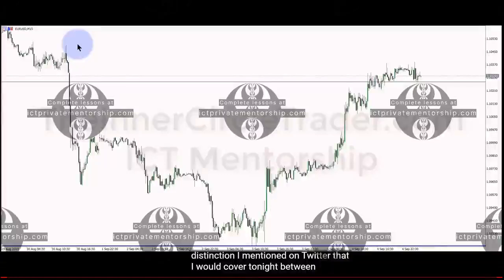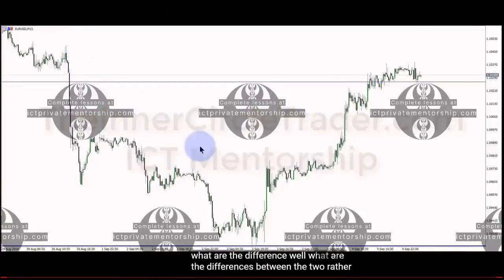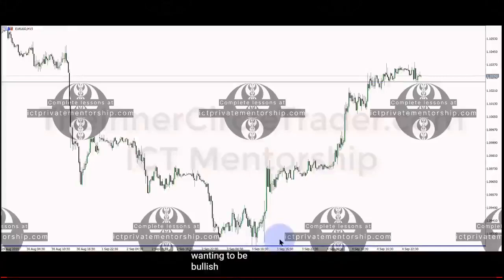between institutional order flow and interbank order flow. What are the differences between the two, rather? If we have an idea that the market is wanting to be bullish, in other words, it's a bullish buy model, or a buy program,